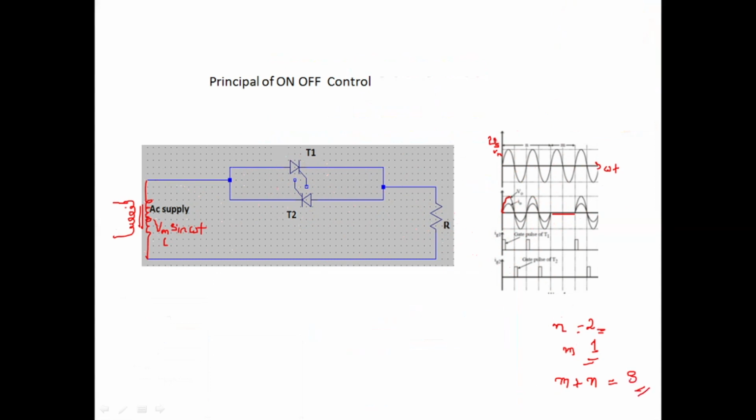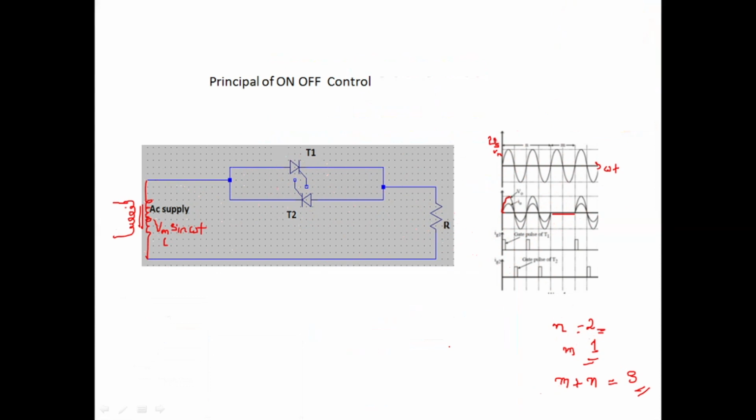The thing is, out of 3 cycles, 2 cycles we have passed to the load. The same thing we are going to repeat. Means for the next 3 cycles, 2 cycles we will pass supply to the load, and for 1 cycle we will block. So in this way we are controlling the load voltage. You can see here, if this is an input voltage and this is an output voltage, the RMS of the output voltage is less than the input voltage. So assume that we want more voltage, then what we need to do here, you can see how many. So okay,